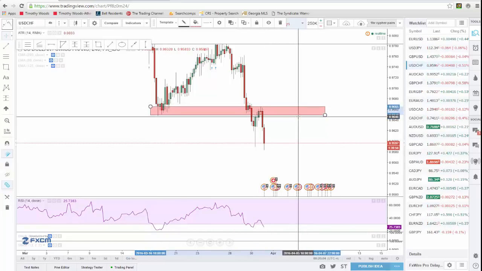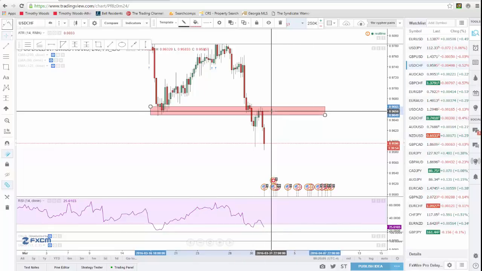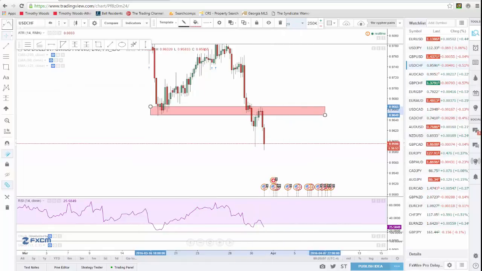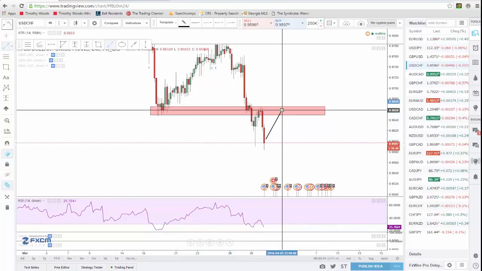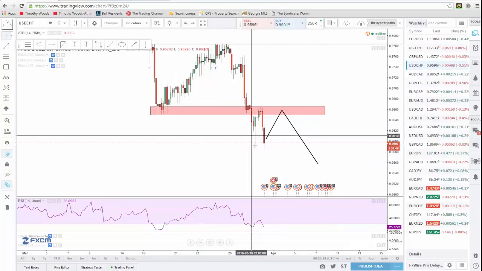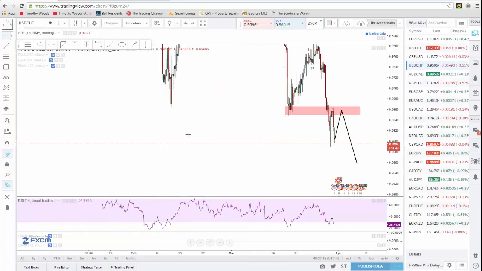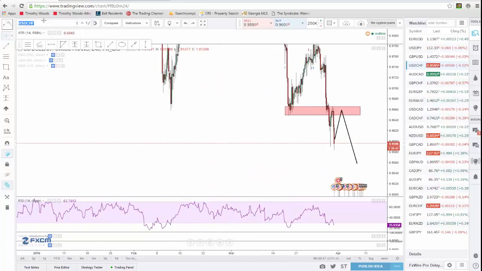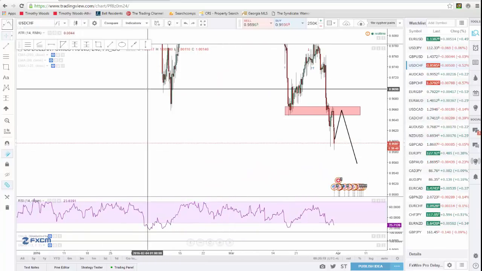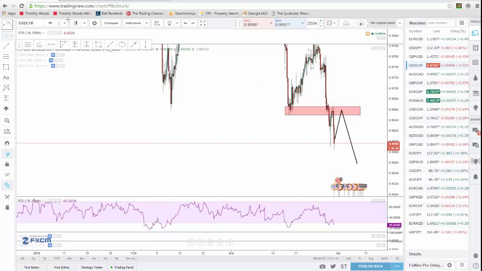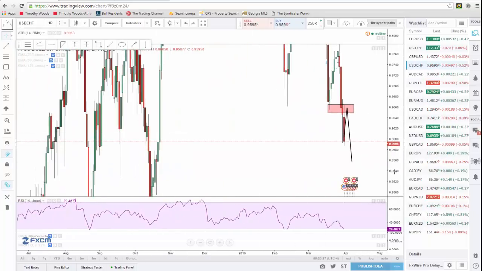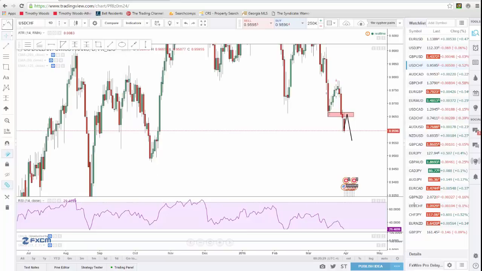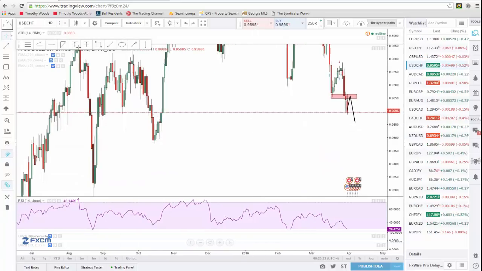So if we come back up into this area, then I may be interested in a shorting opportunity, but other than that, other than a move like this, I'm not interested in anything down here because I see no counter trend trading opportunities. Even if we zoom out to the daily, I don't think there will be any structure down here. No, it's just free falling at this point until we get to this level.